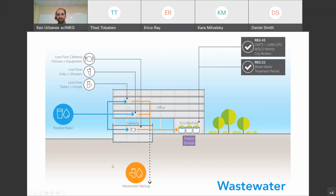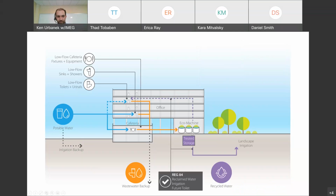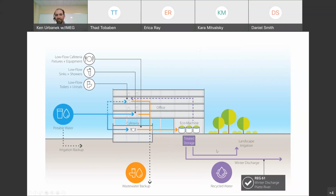So in this case, now this dash line, we're intercepting that water use, right? We want to use it to extinction. So we're taking that potable water that goes in, we're now treating it and using it to do other components, right? So now we're recycling it through that treated system, and we still have potable water going to our cafeteria and our sinks, but now we're running this treated water to our toilets and urinals, and of course, also out to our irrigation system. And then lastly, we have that ability with this on-site wastewater treatment system to potentially overflow